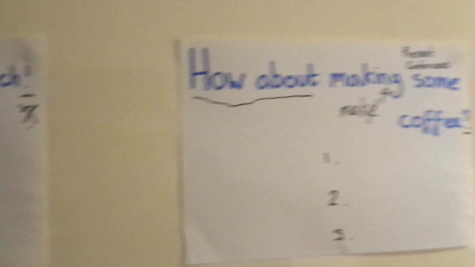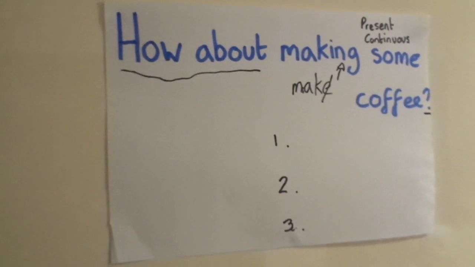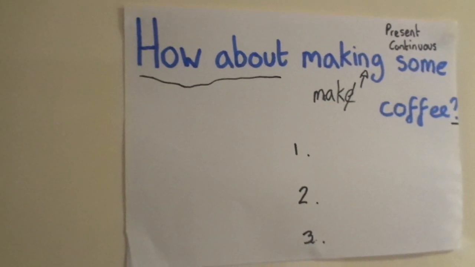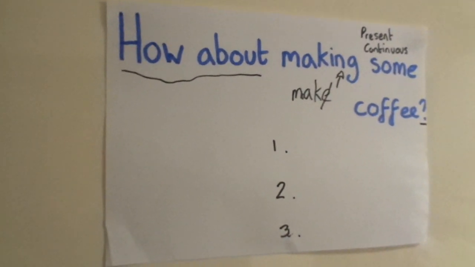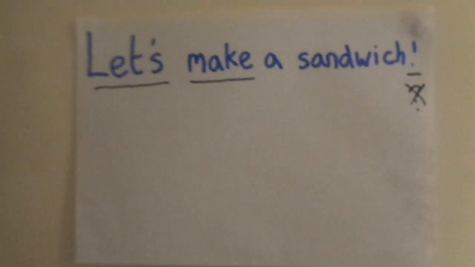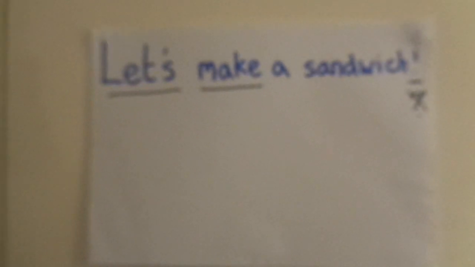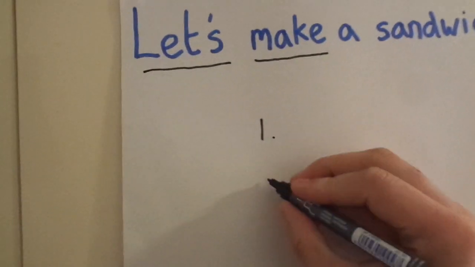So you would use how about with the verb and ing, for example, with something like, how about not doing our homework? And the teacher will say, let's do our homework. So the same here. 1, 2,